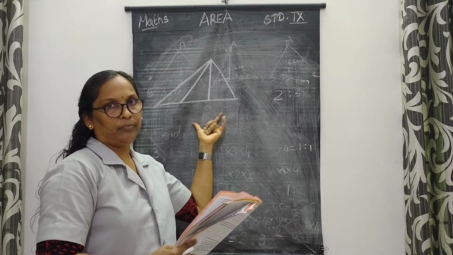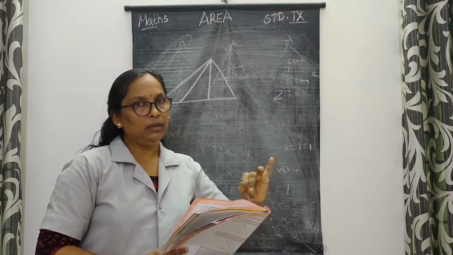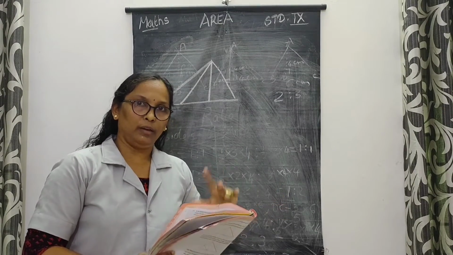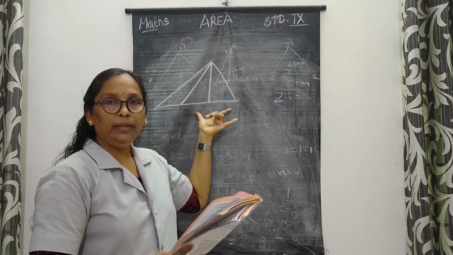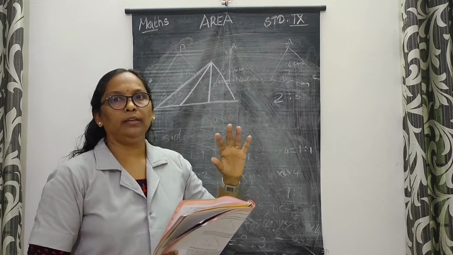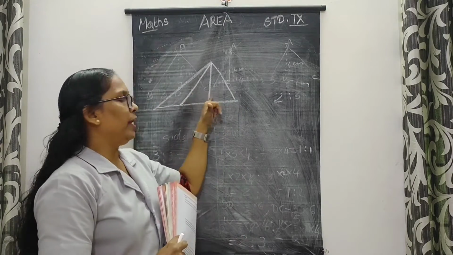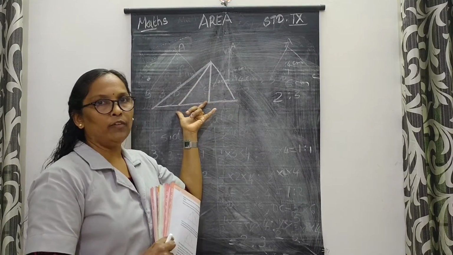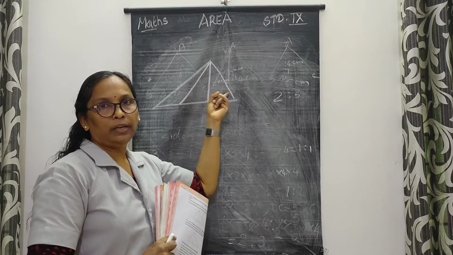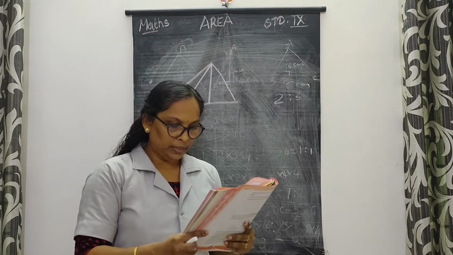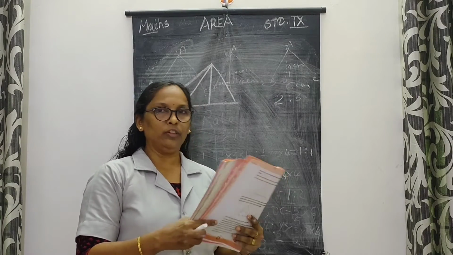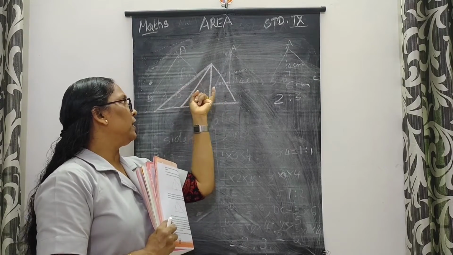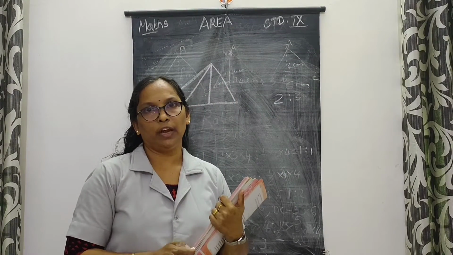That is the question. We already learned that when a line is drawn from a vertex to the base, the ratio of the line that divides and the areas are in the same ratio. But here two lines are drawn. That is the difference here. We have to find the ratio of these three triangles. Prove that the ratio in which these lines divide the length of the bottom side and the areas of these three triangles are in the same ratio. That we have to prove.